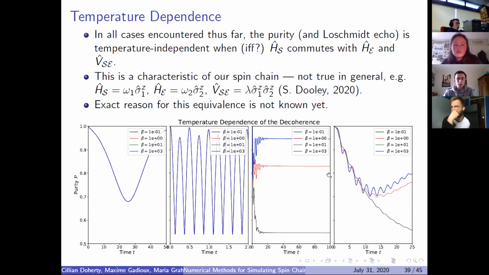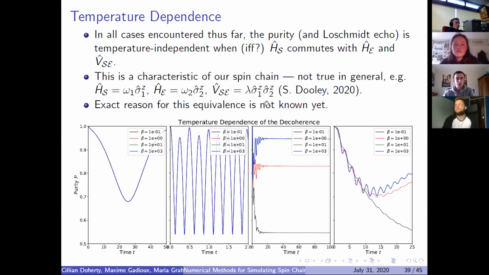But in these two situations, we have temperature dependence because the Hamiltonians do not commute. You might not see the green curve here because it's on the blue one. I think there might be a pixel of green in this curve, but anyway. So this relation between temperature dependence and commutation of the Hamiltonians is a characteristic of our spin chain,